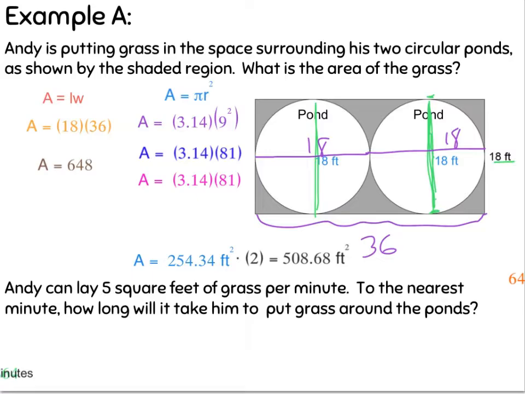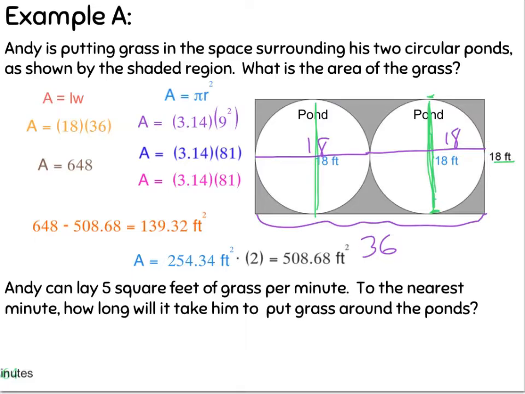When I do that, I get 508.68 feet squared. So remember, there's 2 ponds, so I had to multiply it by 2. So to do some math now, I'm going to take my 648, subtract the 508.68, and I'm going to get 139.32 feet squared. But that's not the end of my problem, because it says Andy can lay 5 feet